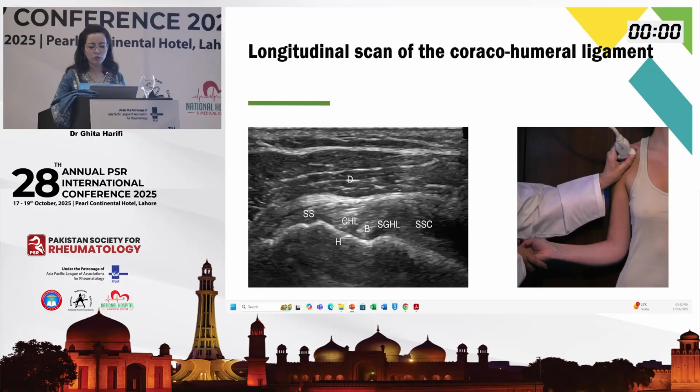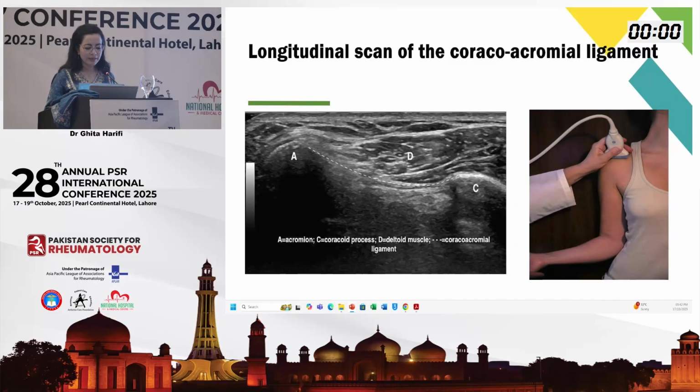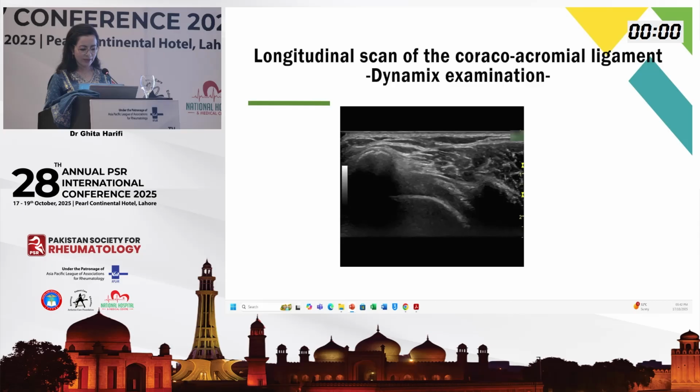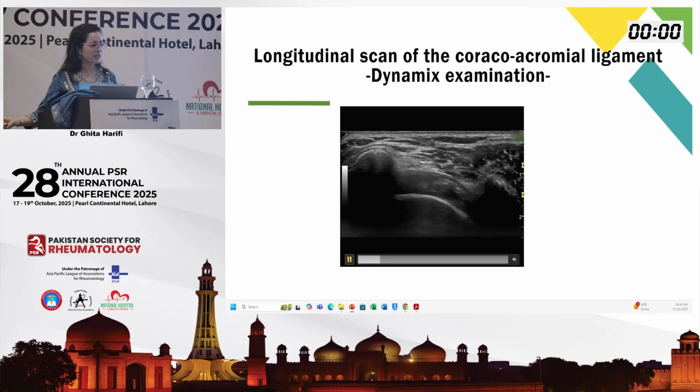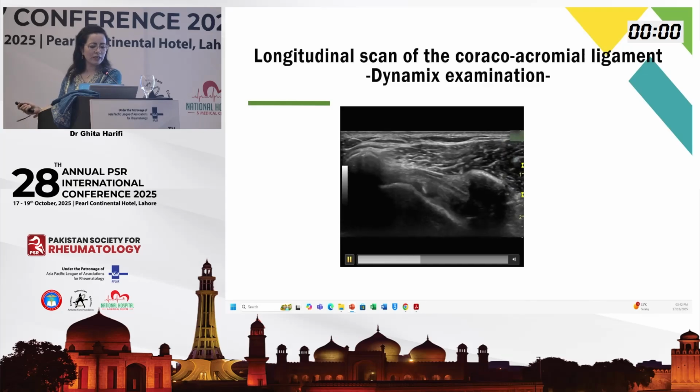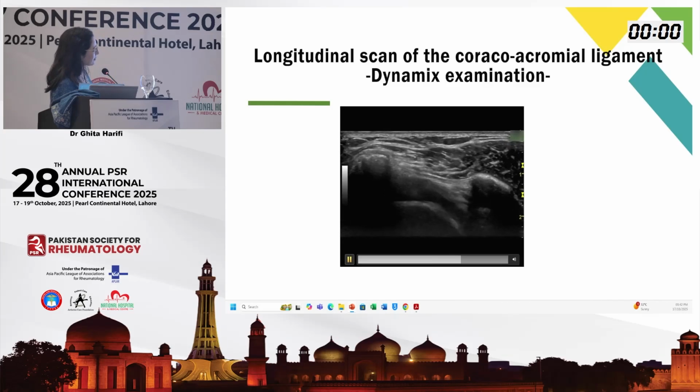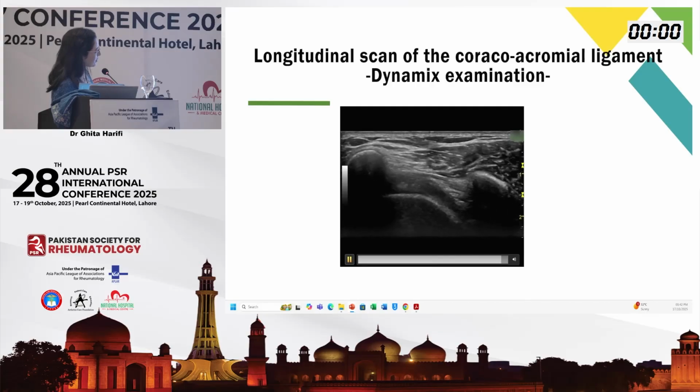Now, I probably skipped the ligaments in here, and we can show them in the stations, in the hands-on sessions. The coracoacromial ligament is something I always check during my scans, because when you check the subscapularis, you go a little bit more medially, and this is where you see the longitudinal axis of the coracoacromial ligament, and you can do a dynamic examination by doing a passive rotation while examining. So this tendon that comes in here is the subscapularis, and this is the coracoacromial ligament, basically between the